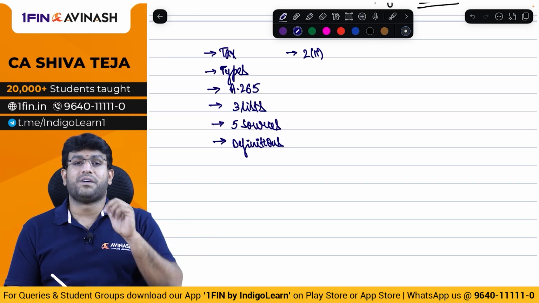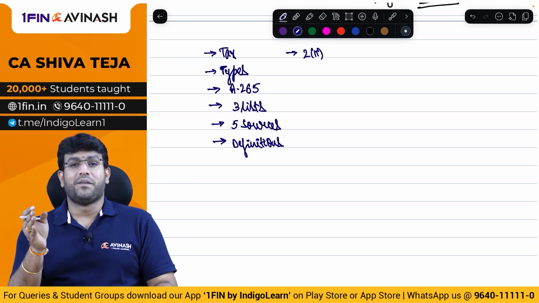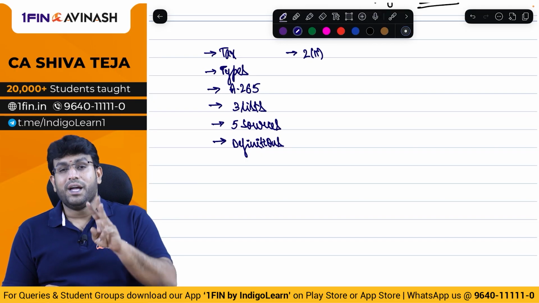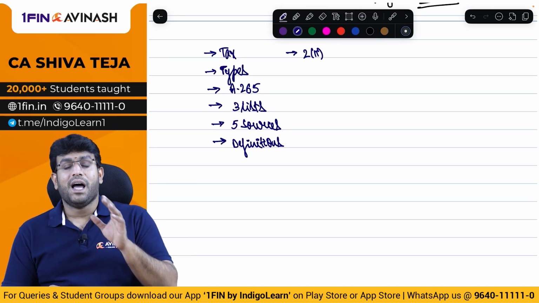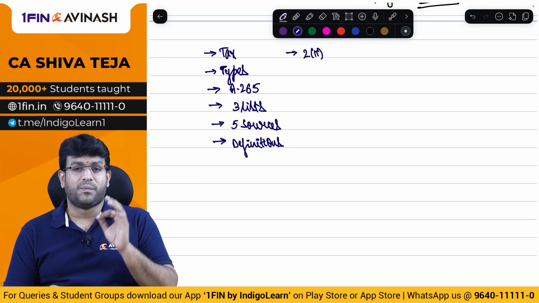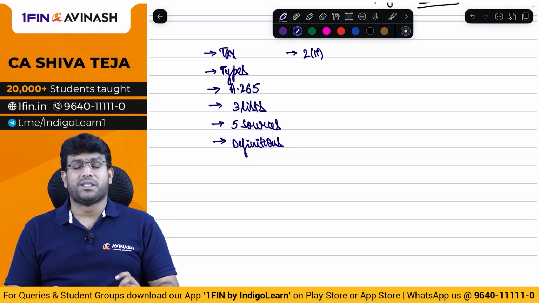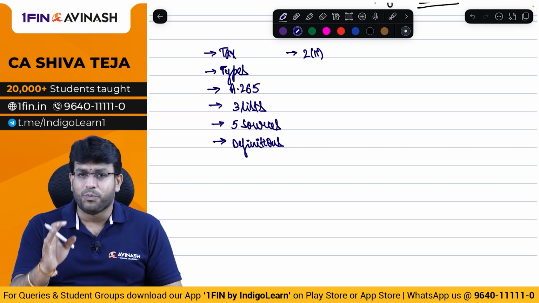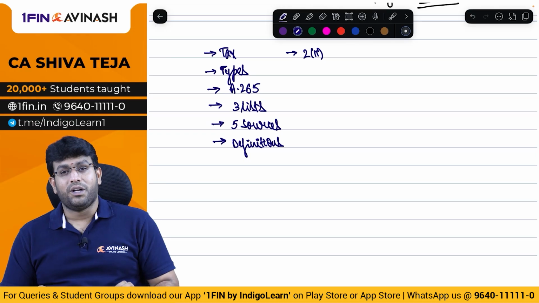And assessee also covers somebody known as deemed assessee. And last point, assessee also covers assessee in default. And who is covered in assessee in default? There are 3 cases which are covered in assessee in default. Number 1, person who has not done TDS. Number 2, person who has done TDS but not paid to government. Number 3, person who failed to pay advance tax. These 3 are covered in assessee in default.